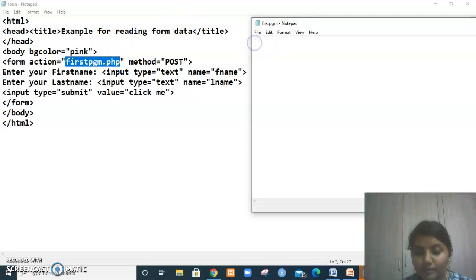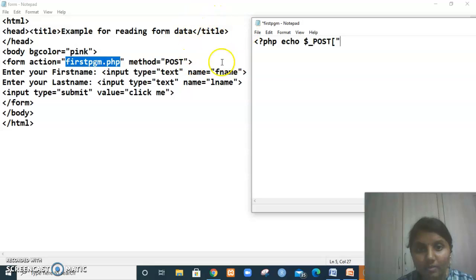Here we have to extract this data. Give php and echo. For extracting the content of the form, we have something called $_POST, which is used to get the data from the form.